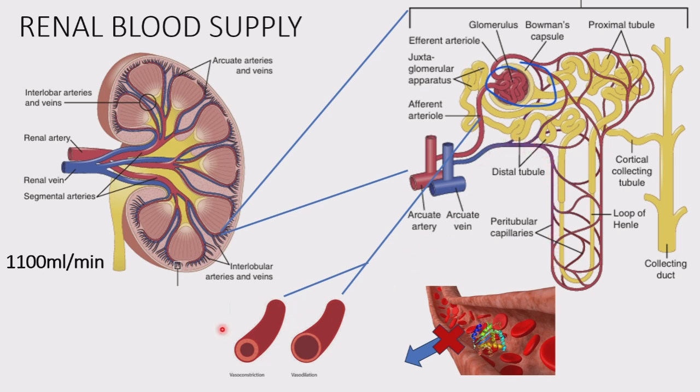Now, by adjusting the resistance, take note that if we change the resistance of the afferent and efferent arteriole, you are also changing the pressure distal to that blood vessel constriction. Note that if we constrict, we create a high resistance blood vessel, decreasing the pressure distal to that constriction. Conversely, if we dilate our blood vessels, we are creating a low resistance, increasing the pressure distal to the dilation. More about this later.